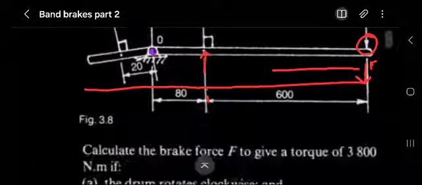Then we divide by 1.79 multiplied by 0.45. So therefore T2 will be equal to